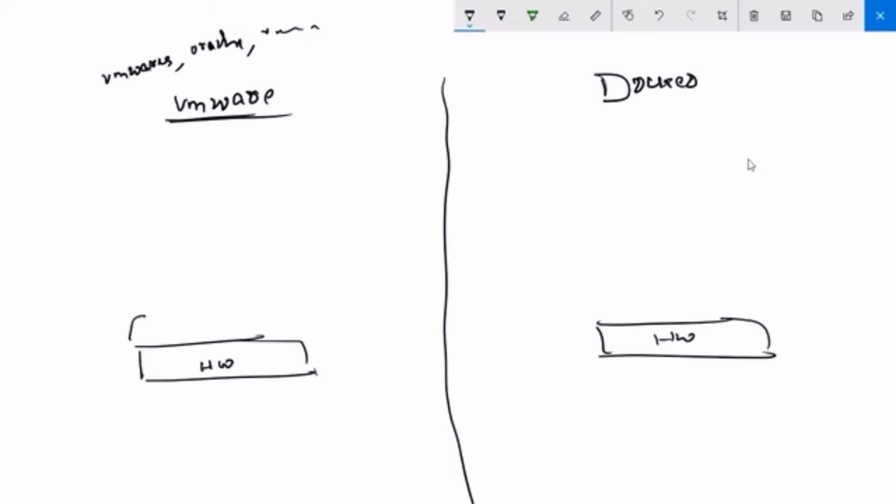On top of that, we have installed an OS, that's my operating system. For example, I'm using Mac. Okay, so I'm using base Linux. So this is my base operating system.